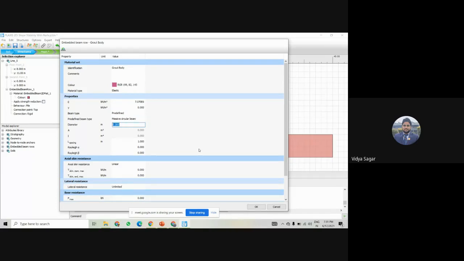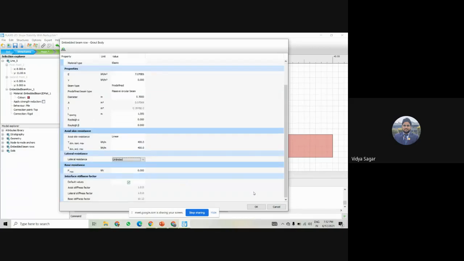So diameter I'm taking 0.3 meter, 3 mm only, and spacing, no need to write this. Then this one will be skin resistance. So skin resistance I'm taking 400 kilonewton per meter and 400 kilonewton per meter, and the other things are the default values.